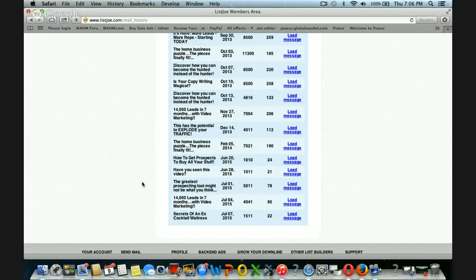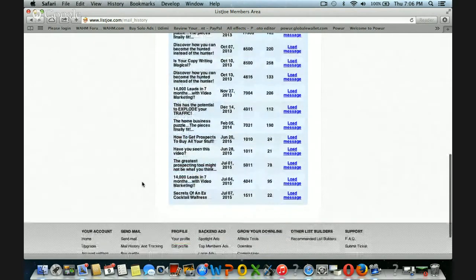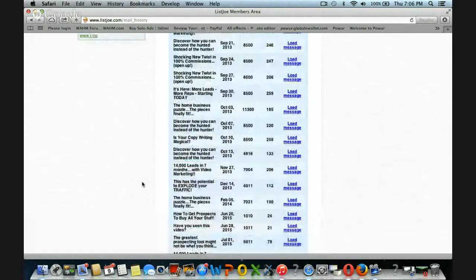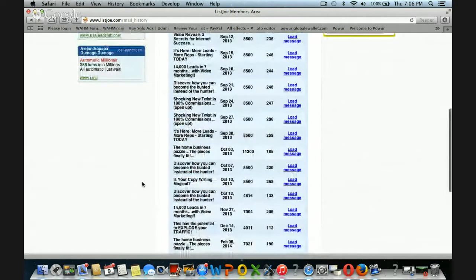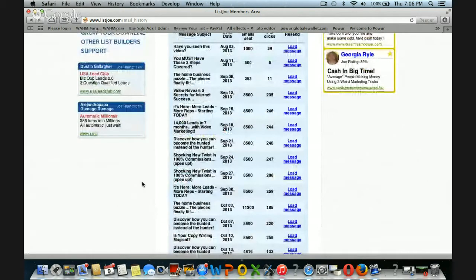I find when you think of a compelling headline and write around a story, even if it's a product you're trying to sell or a program you're trying to get people to opt into, the stories tend to get better clicks. You get more clicks and more opt-ins. When I first started using this in 2013, it was August 2013 that I opened an account, it just shows me how much my copywriting has gotten better.